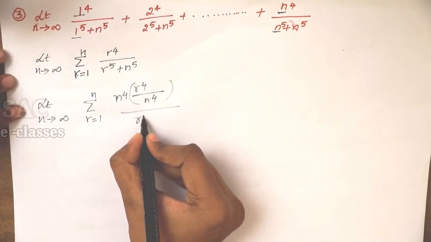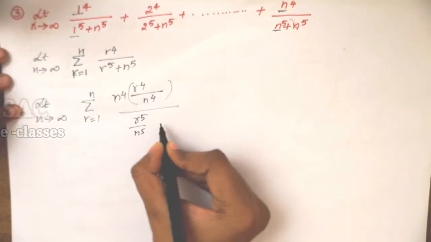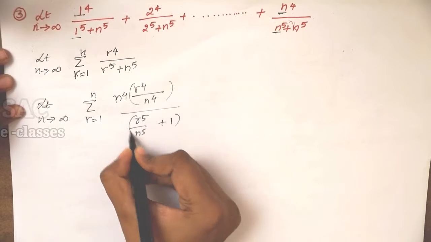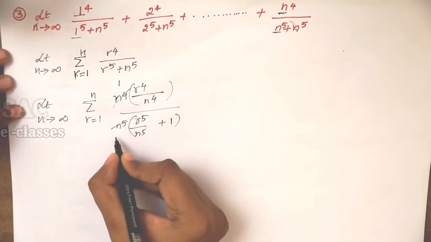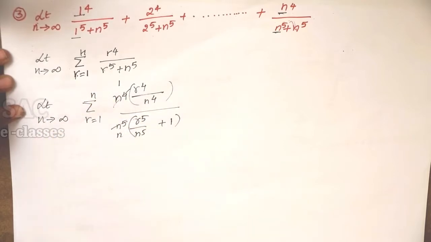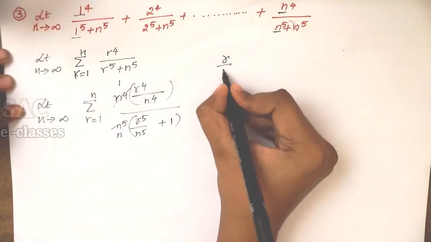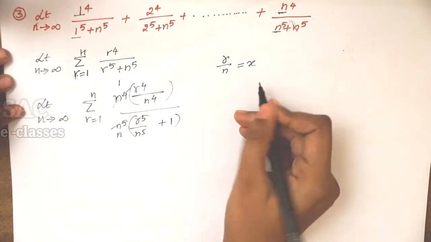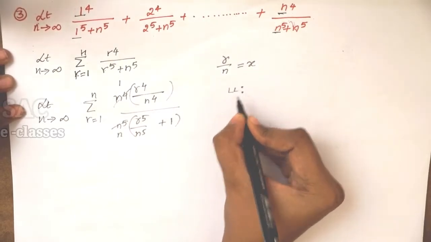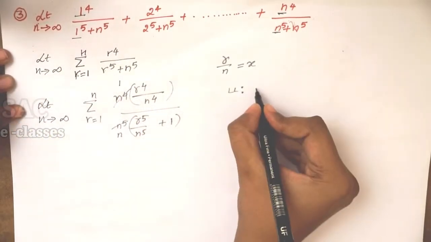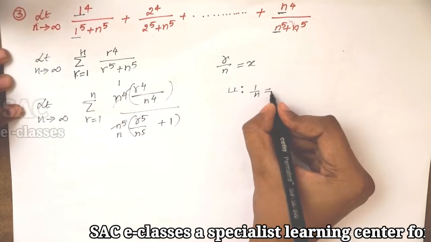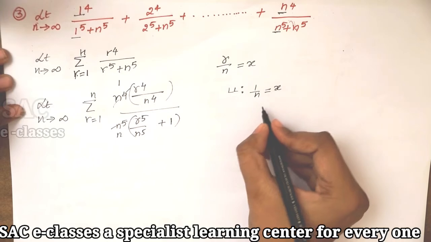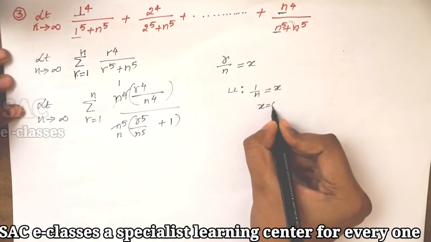Then here it is divided by n power 5. By taking n power 5 common, 1 time and here n time, we got the desired form. By choosing r by n as some x, you can get the lower limit, which is again 1 only there. So 1 by n or 2 by n or 10 by n, whatever it is, definitely tends to 0. So lower limit x equal to 0.